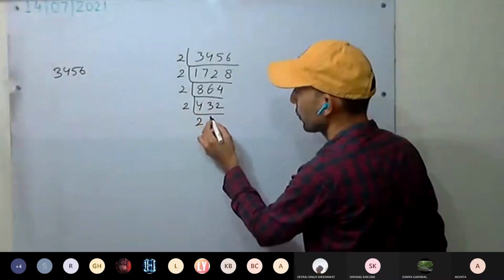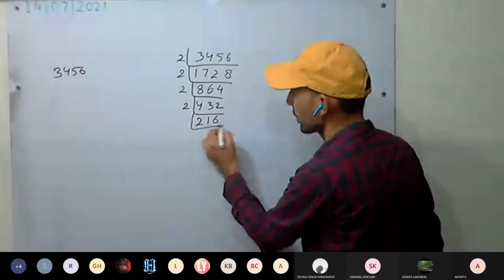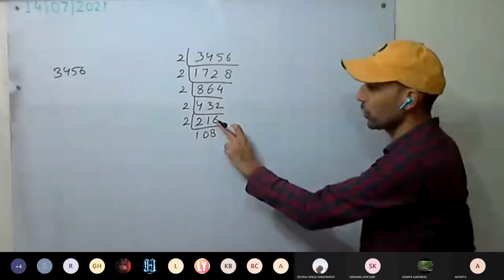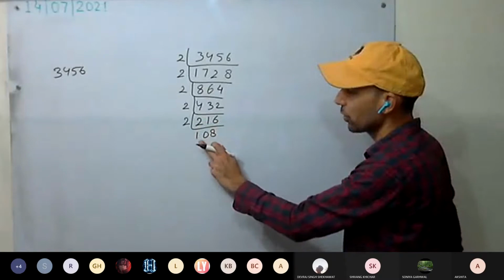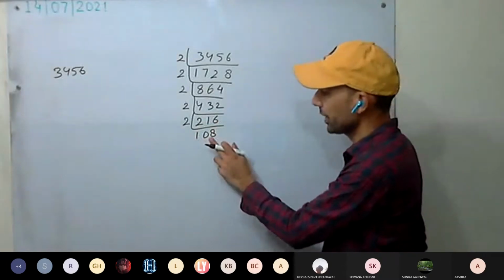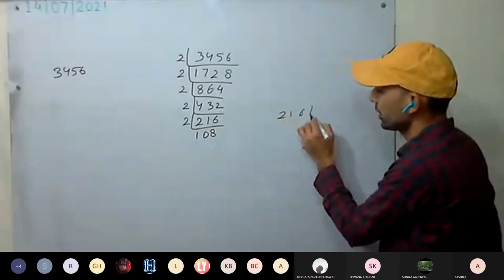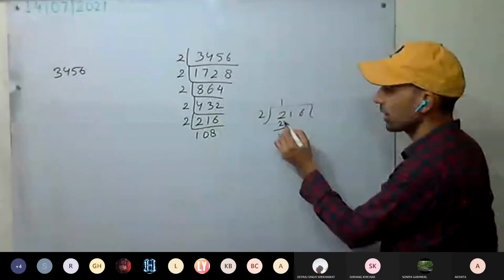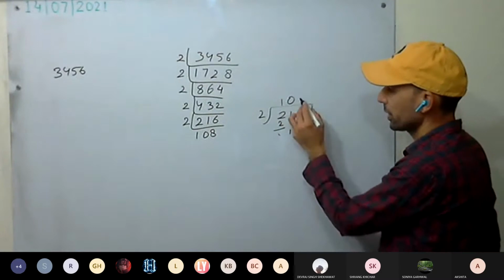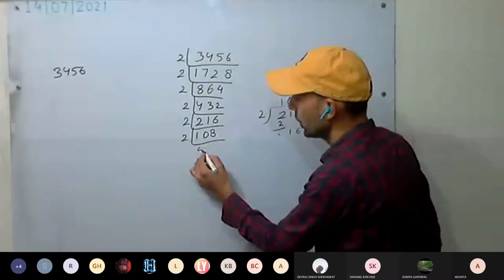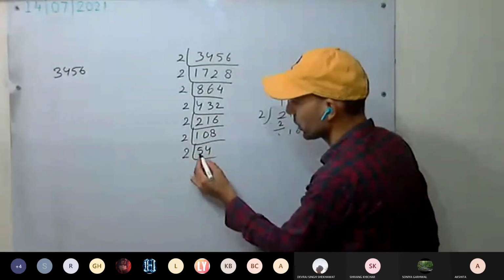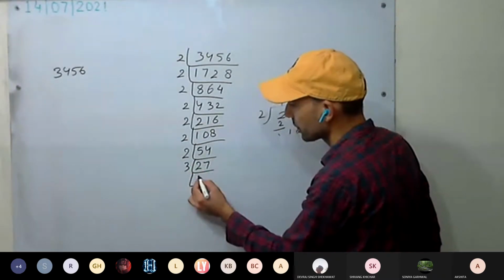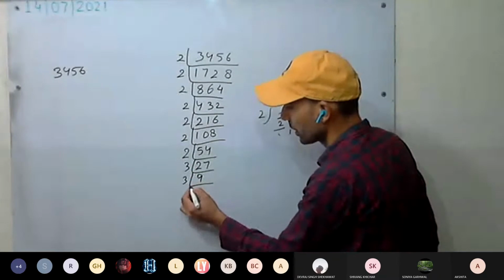2 to the 4, 1, 6, 2, 1, 0, 8. Yes, pay attention here: 216. When you divide, it is 108, not 18. Few students will be writing 18 here. 216 divided by 2 is 108. 1 is less, put 0. 16, 8. Okay. 2, 54. 2, 27. 27, 3 how much? 3.